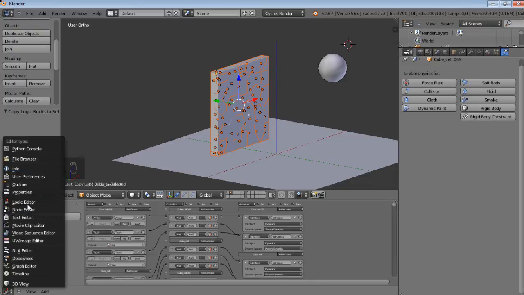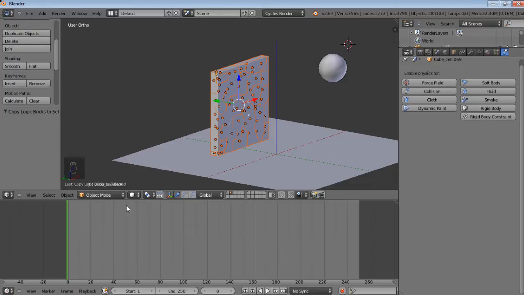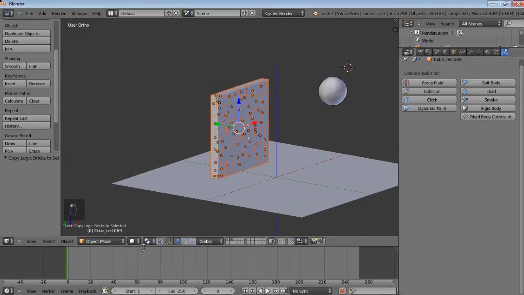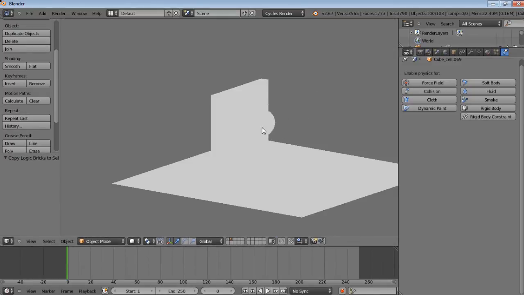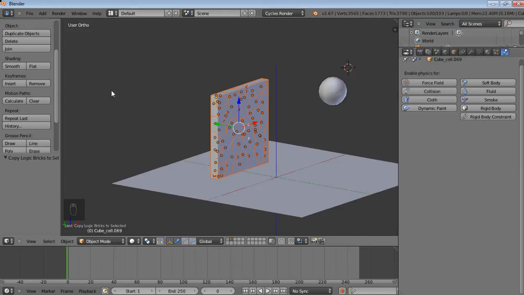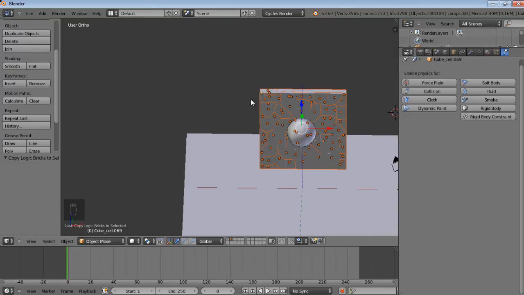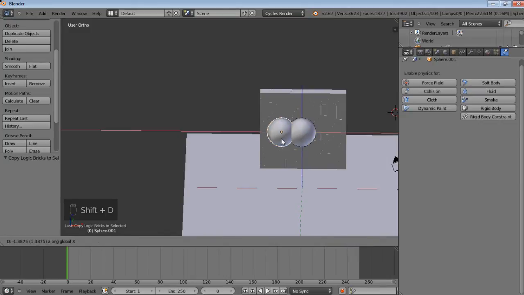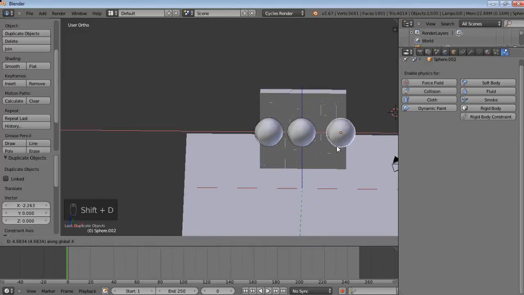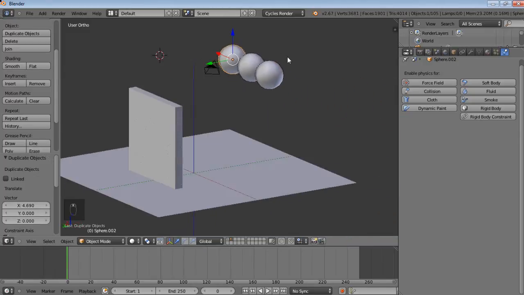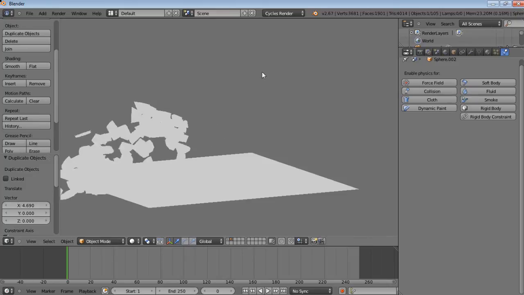And that looks bad, so I'm just going to go back to timeline view here and shrink that back down. Now if we press P, they're all suspended until the ball hits it, and then they all start to fall. And then what I did is I put 3 balls here to make it go a bit faster. So right click, and then you can do Shift D and snap that on the X, and Shift D and snap that on the X, and now you'll have 3 balls flying at the wall, and all of them cause